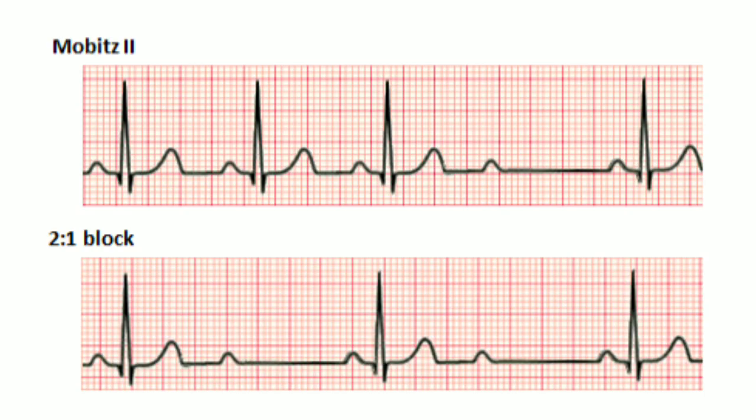There will be no prolongation of the PR interval, but every now and then you will see that an impulse is not allowed to pass through the AV node, and there will be a missing beat, a disappearance of the QRS complex very often. That will reduce the heart rate, and that can compromise the functioning of the heart, and the patient can go into hypotension, and there can be all sorts of complications. So this is known as the Mobitz second degree type 2 heart block.